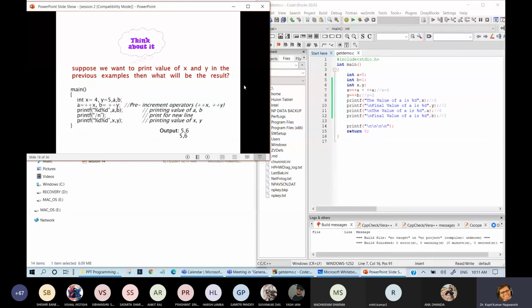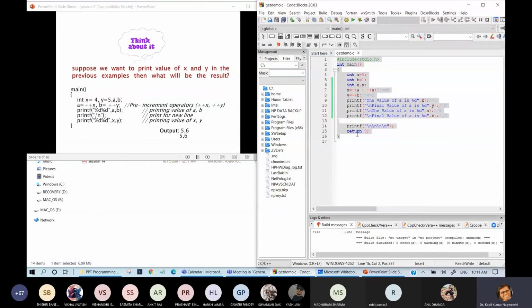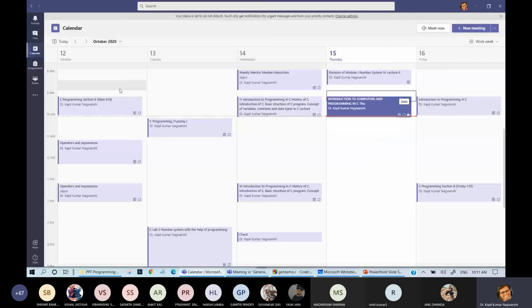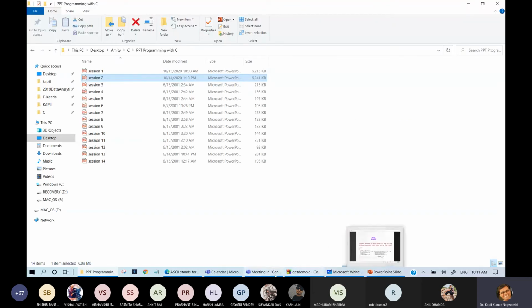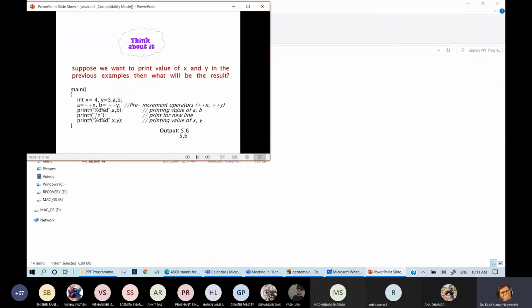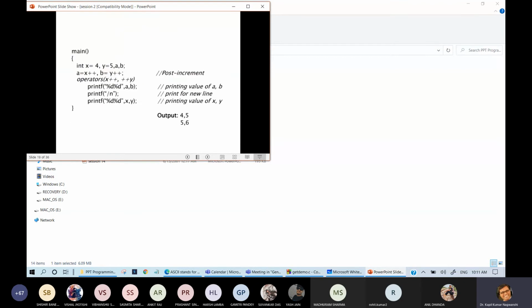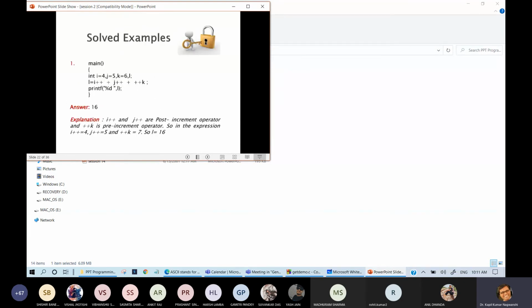Fine. And I am pasting this program for modification to your WhatsApp group. So you just need to perform all these things and ask me about whatever you are not getting. This is also a simple thing, plus plus x and plus plus y. The main thing is that here we need to follow the answer of this question. So L is given as I plus plus J plus plus K. So what will be the result?